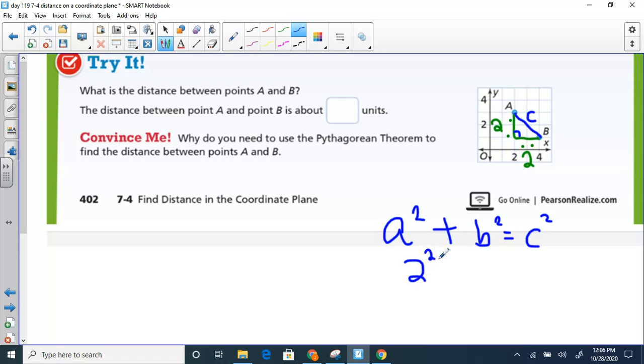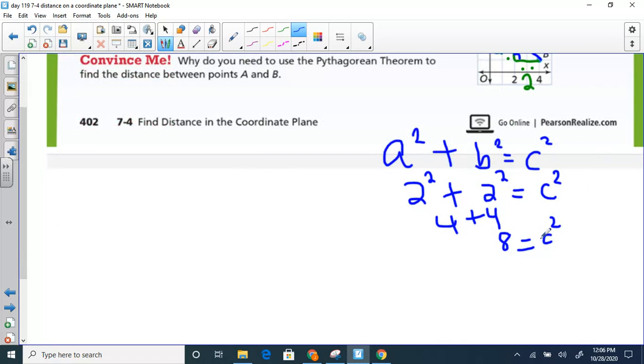So I'm just going to plug my numbers in. 2 squared plus 2 squared equals c squared. I know this is really 4 plus 4, which is 8, equals c squared. And I'm trying to find out what side C is, so I have to undo squaring by square root. Whatever you do to one side, do to the other. So in my calculator, second x squared 8, or if you're going into decimals, just square root of 8 is